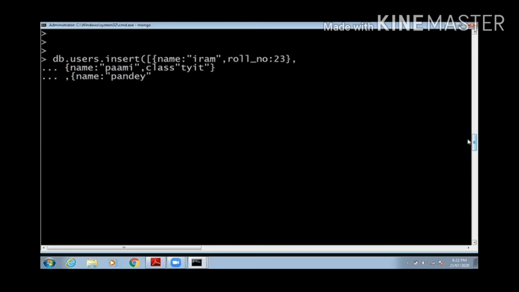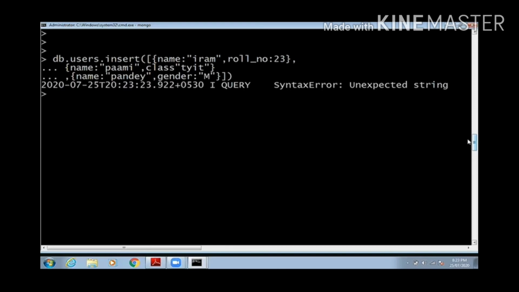So right now I've created 3 documents. You can see the key value pairing. Field name, column name is key, and that value we are giving is value. So this is JSON, JavaScript object notation.